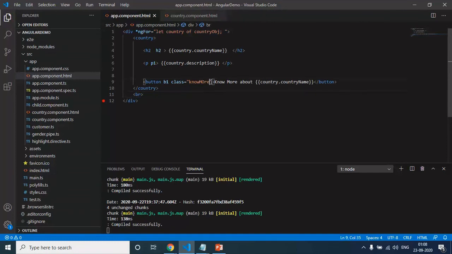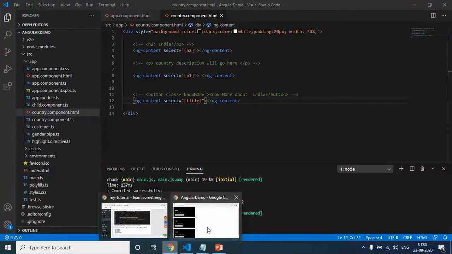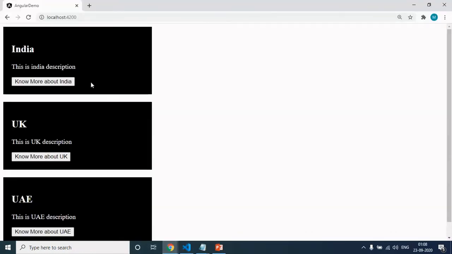Let me use one of the inbuilt attributes. So inbuilt attribute I have like title. I will simply give title equal to demo. Then I will use this title. This title is not the custom one, this is the inbuilt in HTML. I will use this title here. Save the changes and flip to browser. You can see that still I am able to see the same output. So even you can use custom attribute or you can use inbuilt attribute that is available in HTML. So you can use any of them.